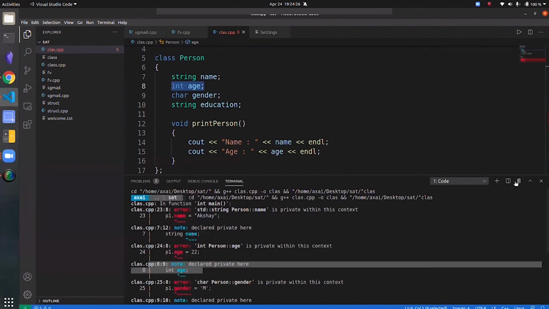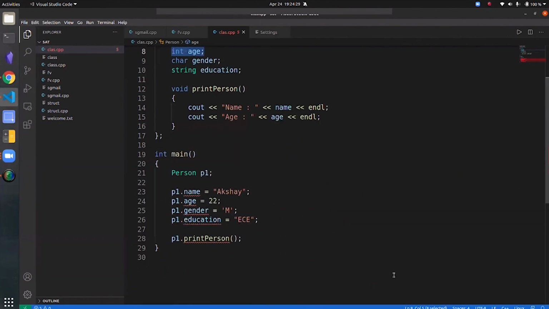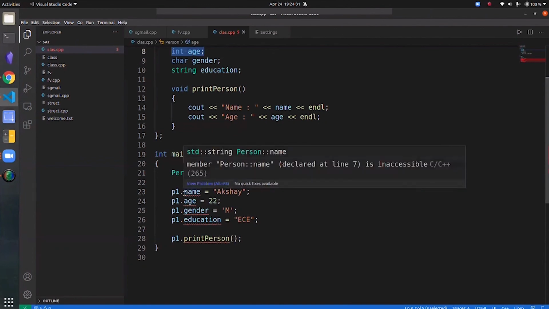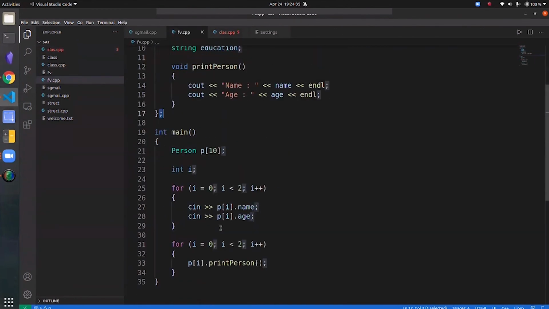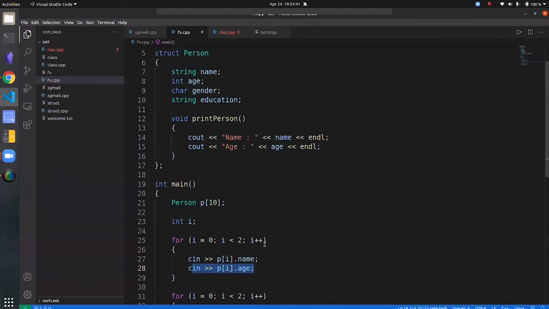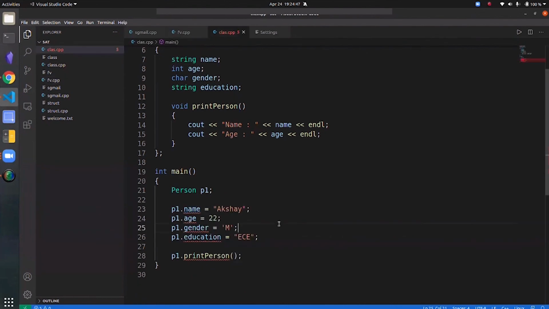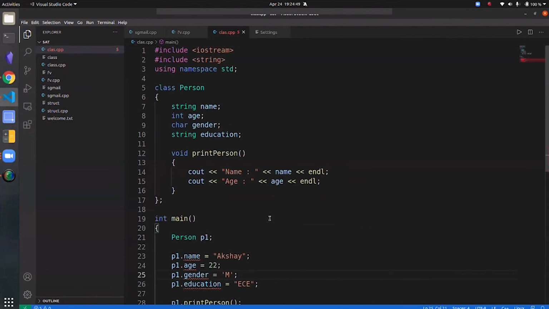So what this means is I'm not able to access the member variables directly. In a structure, for example, I was simply able to access p1.name, p1.age without having to do anything special. I can directly access them, but I'm not able to do that here. It is because the access specifier in a class is private by default.